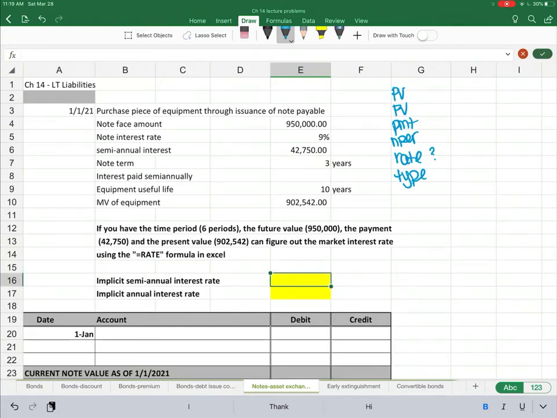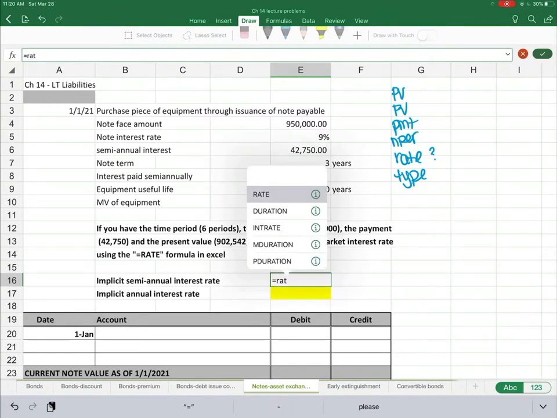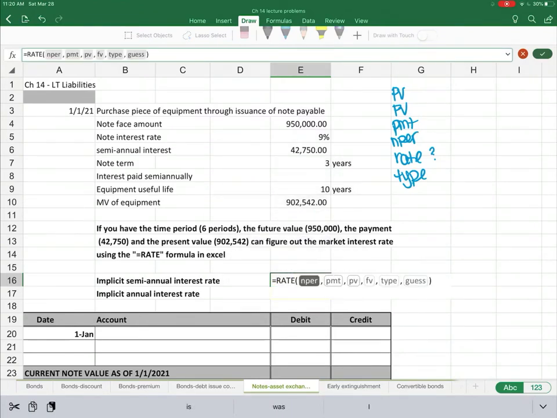So we're going to have to calculate that in Excel before we're able to create all of the other journal entries. So again, what we're trying to do here is to figure out what is the implicit market rate of interest, because it's not given to us in the problem, but we have all of the other information that we need to figure it out. So equals rate is the formula that we're going to use. Our number of periods is 3 times 2, because remember, these are semi-annual interest payments. Our payment amount has already been calculated, so if we took $950,000 times 9%,